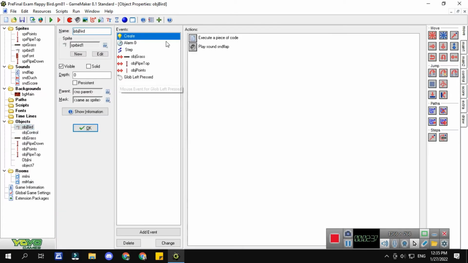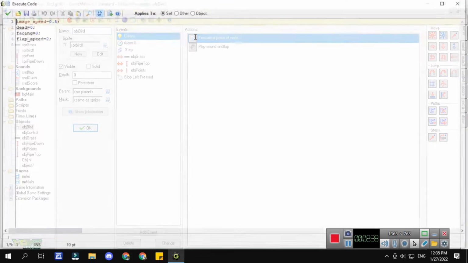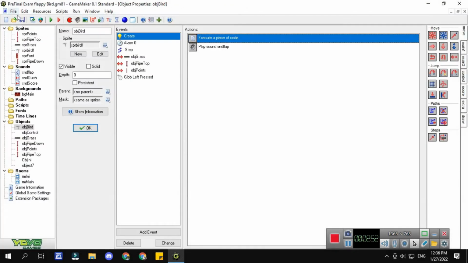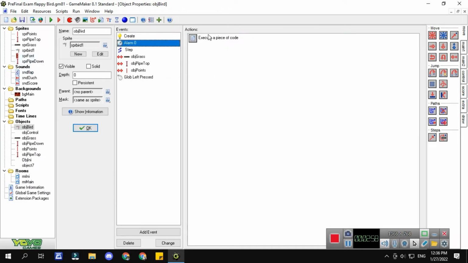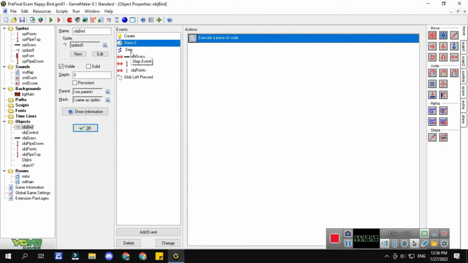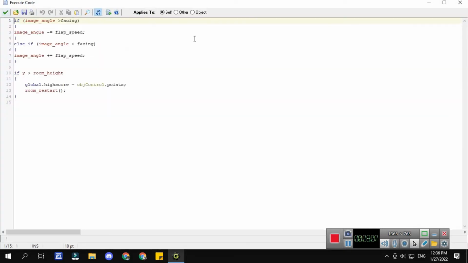In the bird, in the create part, the image speed is equal to 0.05. Then dead is equal to 0, face is equal to 0, and the flap speed is equal to 2. And then it plays the sound flap from before. And then moving on to alarm is facing -9. So this is what makes it tilt its head, I suppose. And then the step is